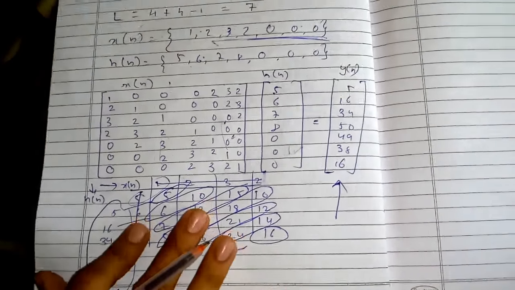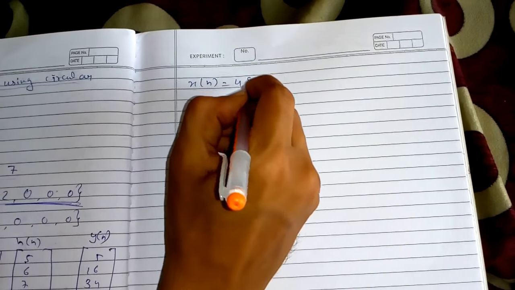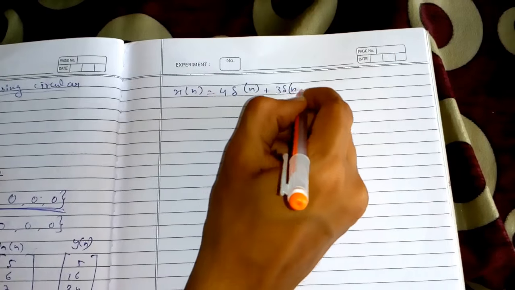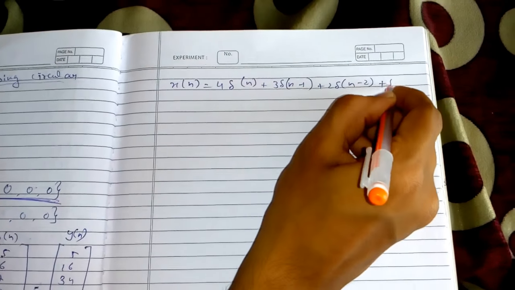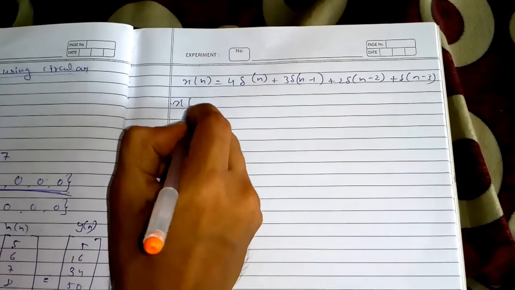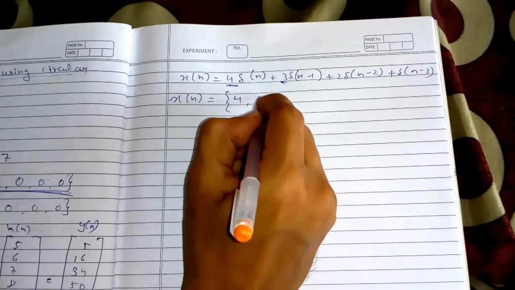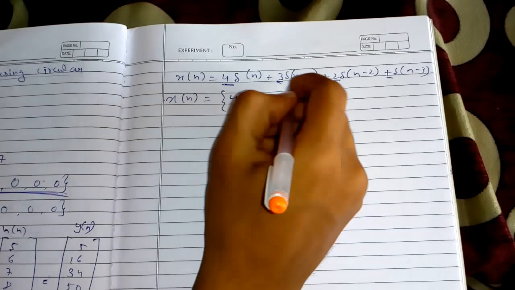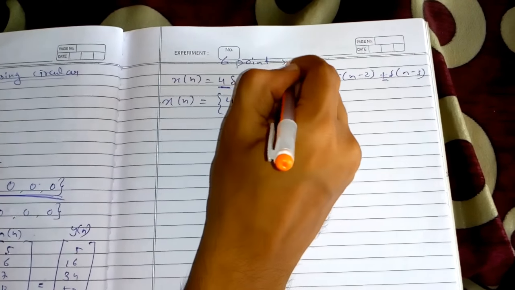There is one convention. Sometimes you are given that x of n is equal to 4 into delta n plus 3 into delta n minus 1 plus 2 into delta n minus 2 plus delta n minus 3. Okay, if you are given such and you are told to find x of n, it is nothing but the coefficients. So 4, 3, 2, 1. And suppose it is a 6-point sequence. If it is 6